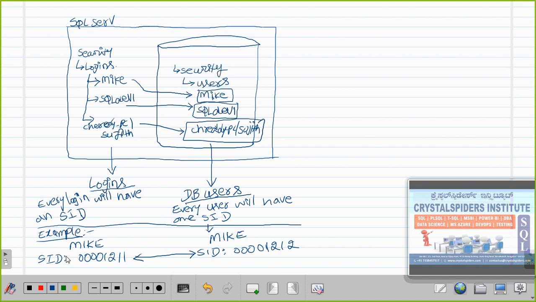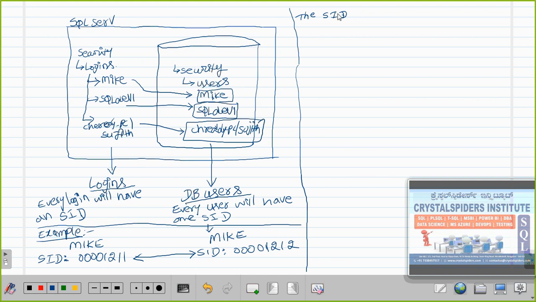So that means the login SID is mapped with this user SID. That's it. We can say that the SID of the mic login is mapped with the user's. I am going to make a note here, guys. This is very important. Please remember this topic, and it will come again at the time of clusters. We will see some issues around these SIDs in SQL Always On availability groups.